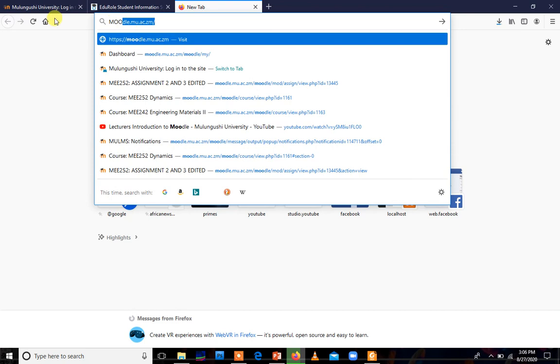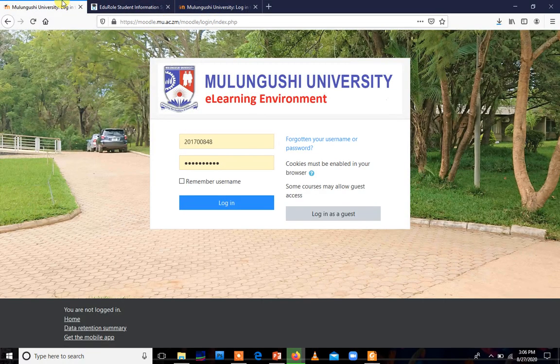Yeah, you can see it's already even coming because I always search it. So it's just moodle.mu.ac.zm. So once you write that, moodle.mu.ac.zm, you click on enter. So it's going to redirect you to this page here. Yeah, this is the one there. So it's going to take you to this page.